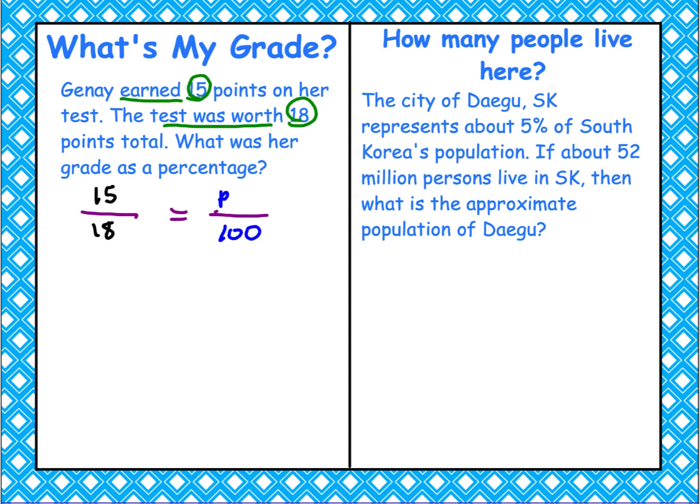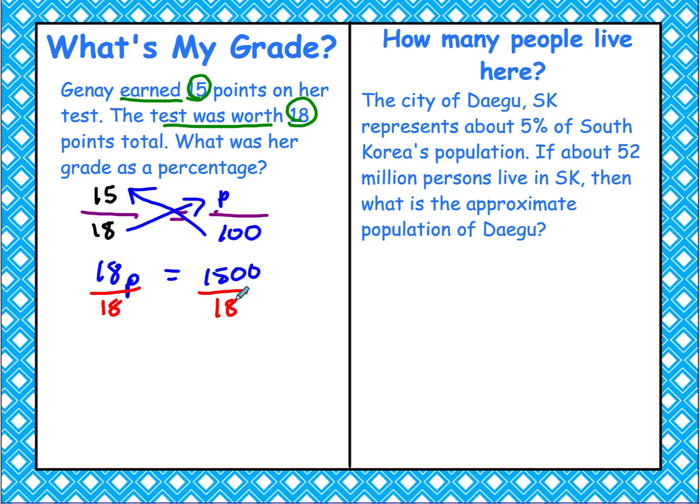So now we're going to go ahead and solve. Since I don't know 18 times what makes 100, I'm going to cross multiply. 18 times P, 100 times 15. So I have 18 times P equals 1500. Now I'm going to do the inverse of multiplying by 18, which is to divide. And when I do 1500 divided by 18,